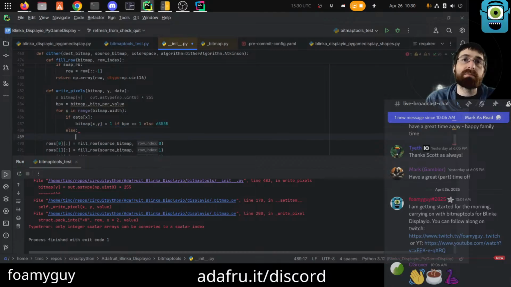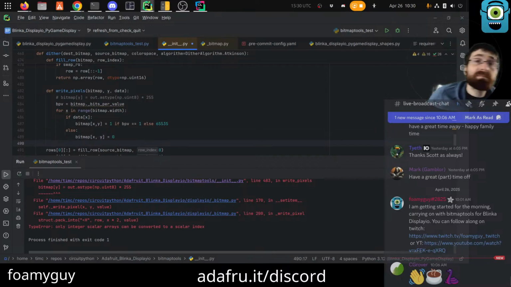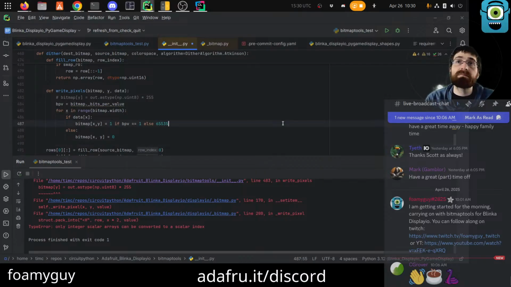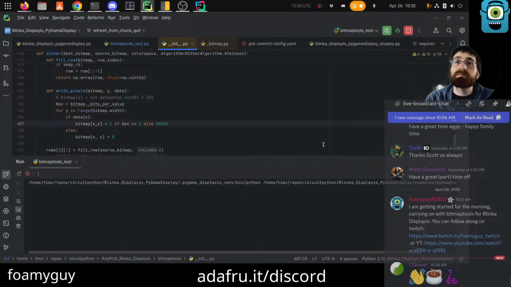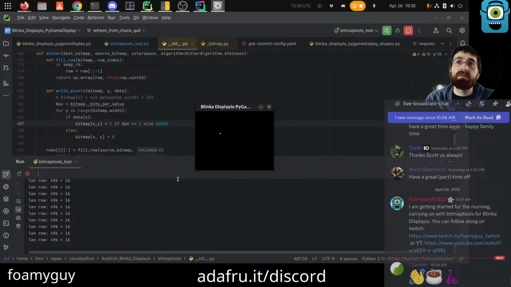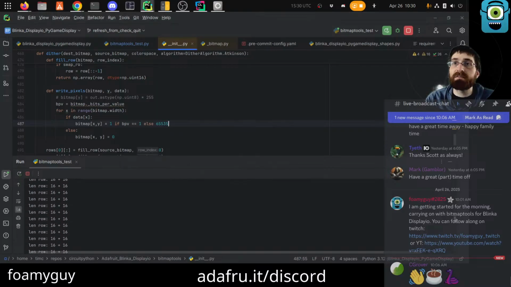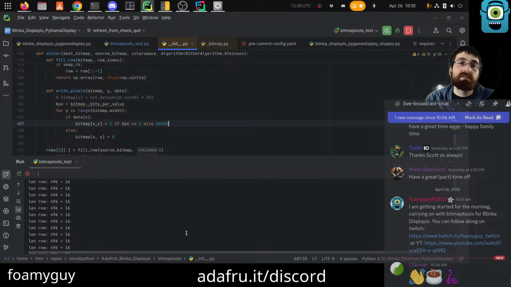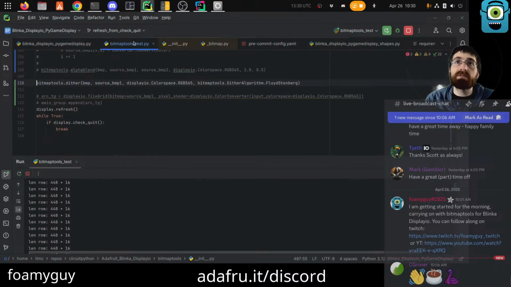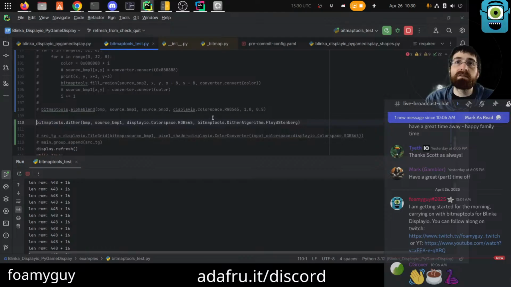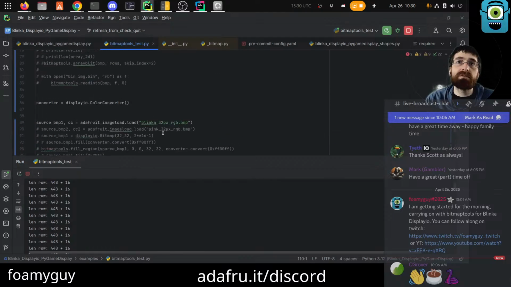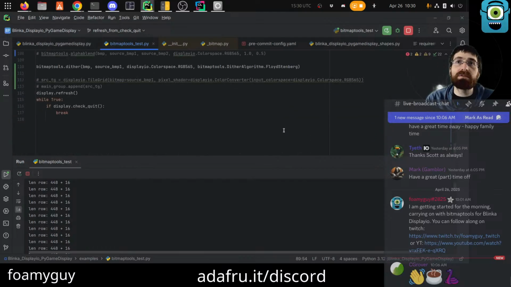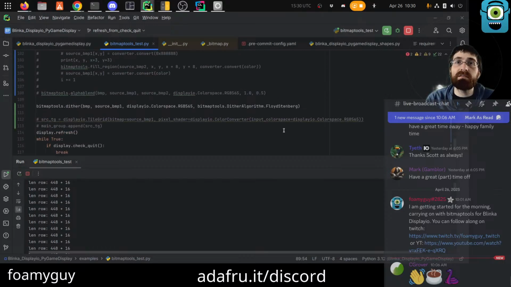I mean 0. Okay. Not crash. Did draw something. Remember what the code is. Thought we were Blinka, yeah. Definitely not that, but